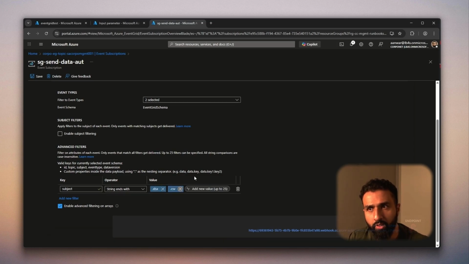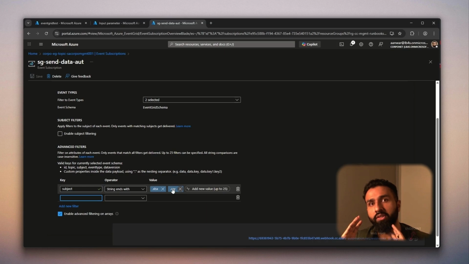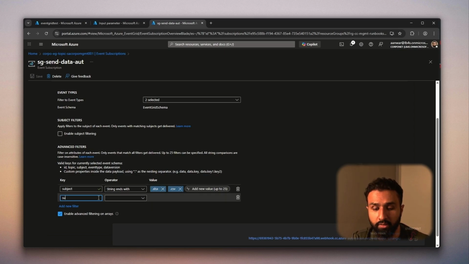So now going forward, if we add a text file, our runbook will not get triggered because it is filtering it out. Everything you add here is what's going to be actually a part of it. And then you can press add new filter. So anything you add in values is an OR field. So it's either XLSX or CSV. Every new filter you add, like I just did here, that is an AND statement. So we're saying not only is it one of these, it's also